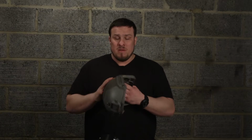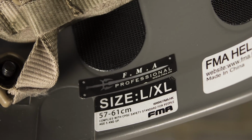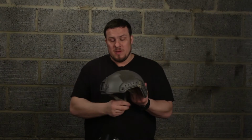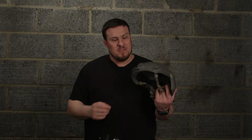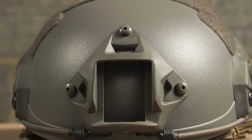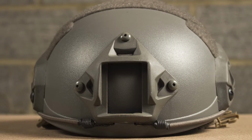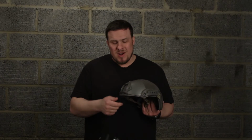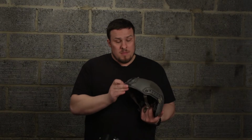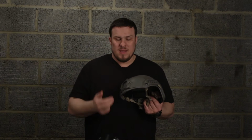As I said, it's the FMA Ops Core Maritime. Comes in at about £58 from Helmet World, and it's a pretty good helmet. Features wise, standard NVG shroud on the front. As I've found with most NVG shrouds, the lip on the front is slightly too big for certain mounting brackets, so you do need to shave that down with a sharp knife. I used just a sharp kitchen knife to scrape away the front of that,